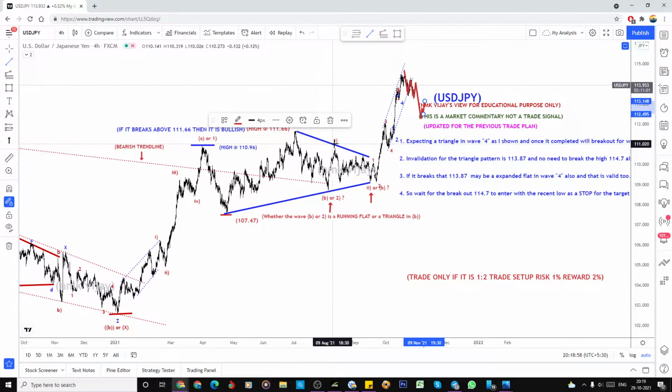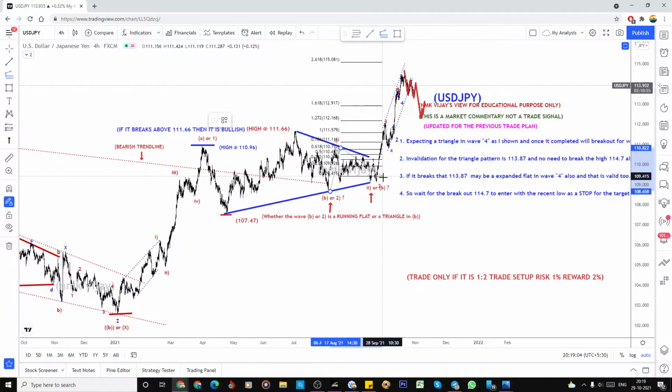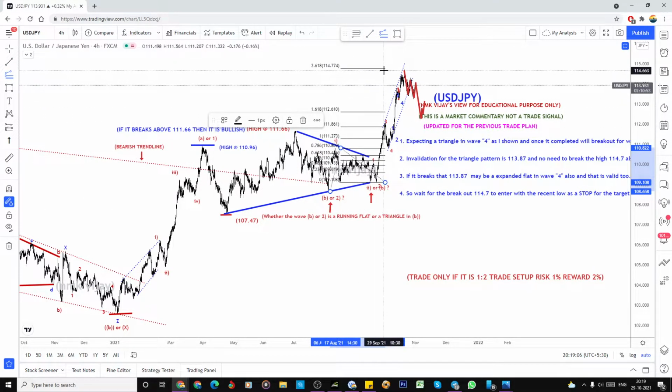That means this could be the wave 1, this could be the wave 2, this could be the wave 3. That is also possible, and I have explained that also in the previous video. So this is exactly in the 2618. So this could be the third wave also. So we are in the bigger fourth wave. So then